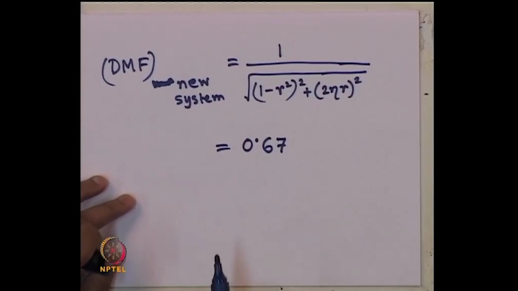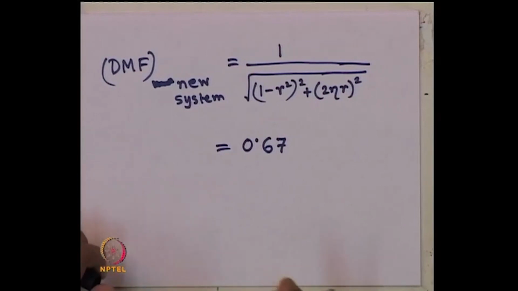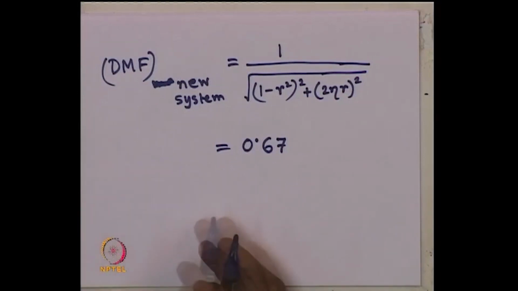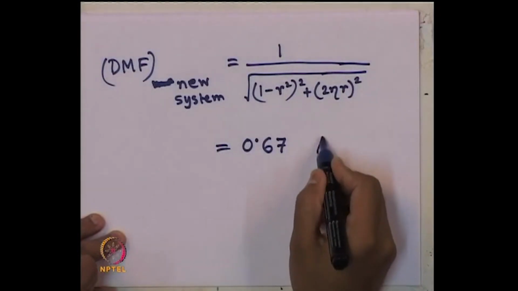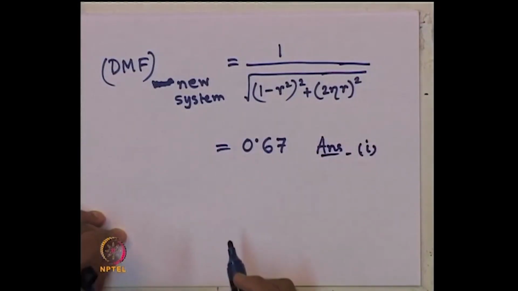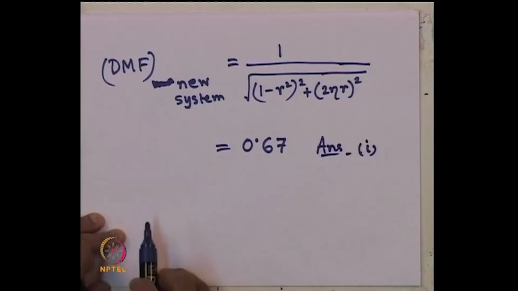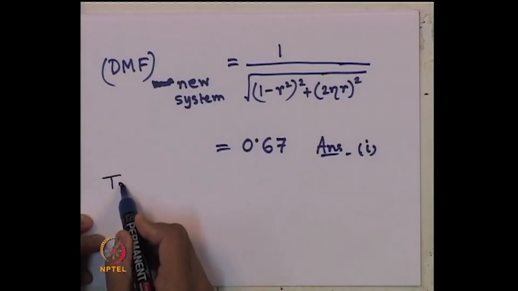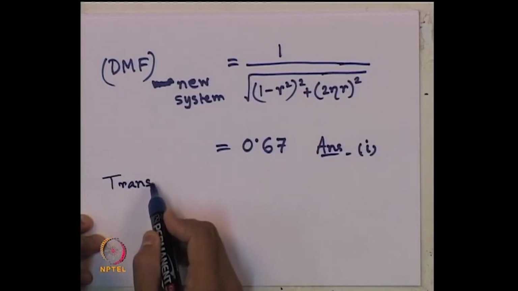It is of course not the maximum, because in the earlier case the maximum occurs, but for this case it is not the point where the maximum occurs. Okay. So, this is the solution of the first part. That is what it is asked, what is the new dynamic magnification factor, and the last part says the